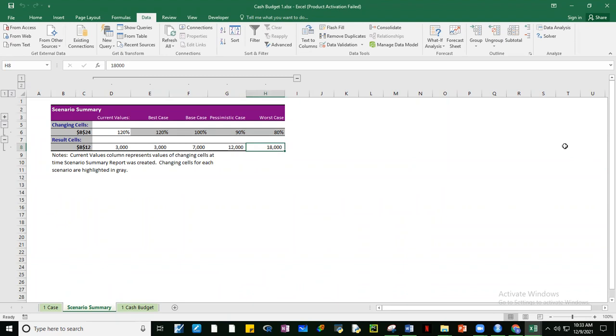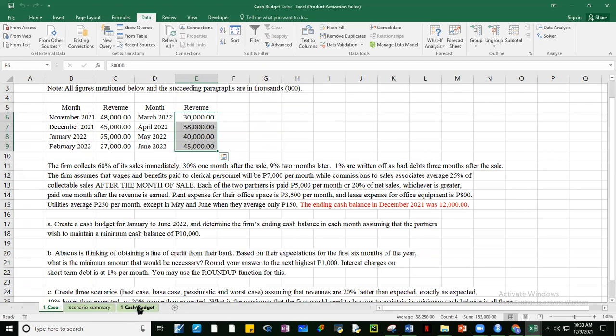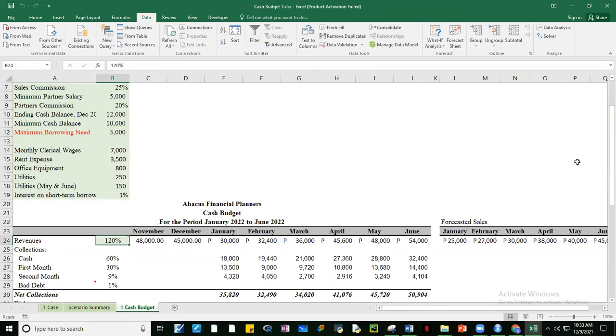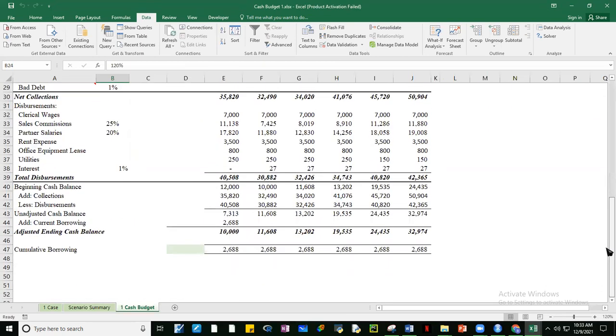So ang result natin, guys, these are your maximum borrowing needs. So a best case scenario, ang pinakamalaking loan lang natin, 3,000 pag best case scenario. Kailangan pa rin ng loan, kaso 3,000 lang. Let's check whether that's true. Tingnan natin cash budget natin. Okay, 100%. 3,000 nga lang ba? Kailangan pa rin ba natin ng borrowing? Yes. Okay? Kailangan pa rin natin ng borrowing on the first month lang. And then that's around 3,000. I-round up natin kasi. 2,688, i-round up natin into 3,000. Okay, so pag best case scenario, okay, it will happen on the first month. Kailangan natin humiram ng around 3,000.